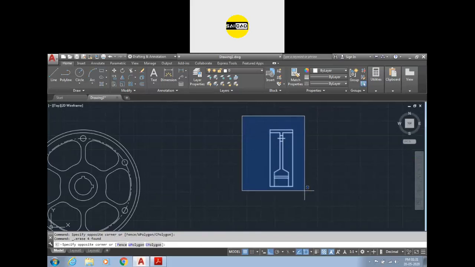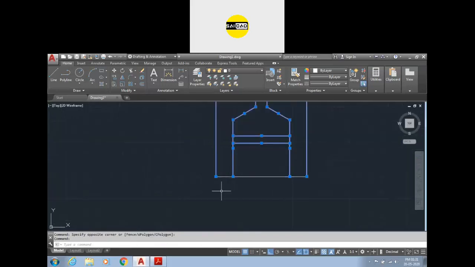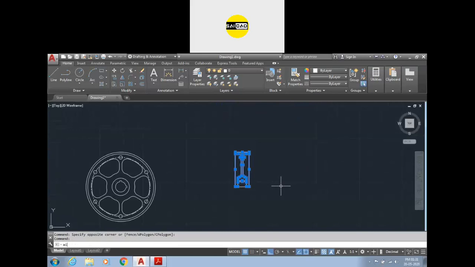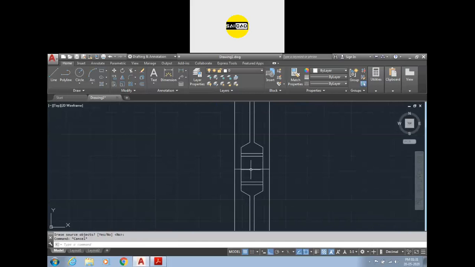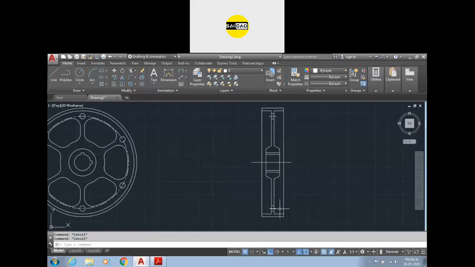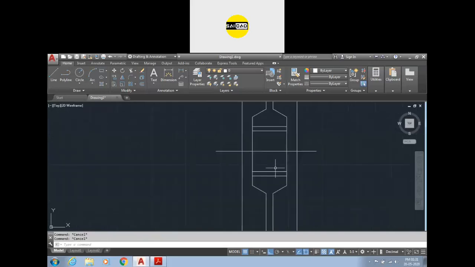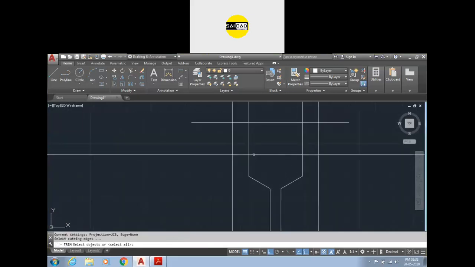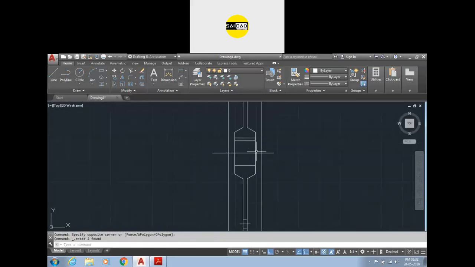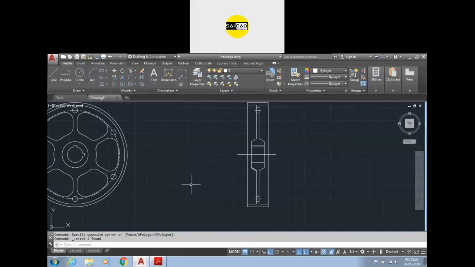So just select everything, okay, except this line, and mirror the entities from this point to this point, and there is the shape. If you want to delete the center, you can, or if you want, you can just create it like this. So we don't need these 2 lines because we don't have a keyway down here. So for that we have to go to the construction, horizontal, and after this trim out like that and delete. Okay, so this is the shape we needed.